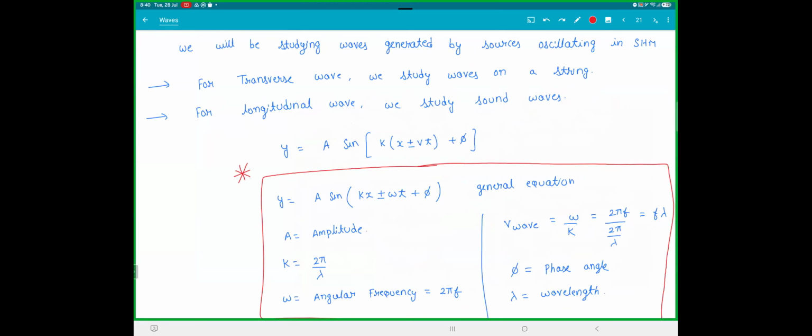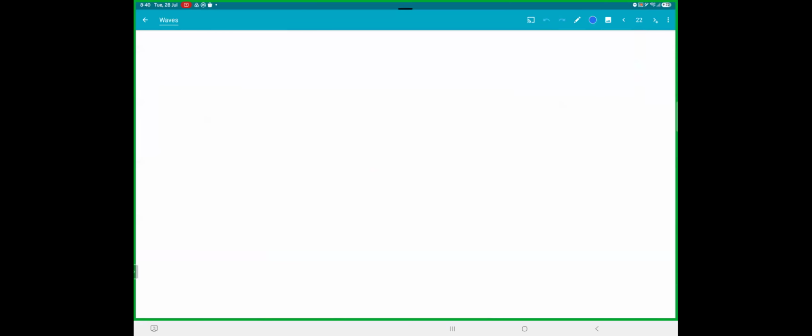Now in this equation, in some books you will see a sine kx minus omega t. In some books you'll write omega t minus kx. Both are right. The only difference is the phase difference. So if someone writes a sine kx minus omega t,